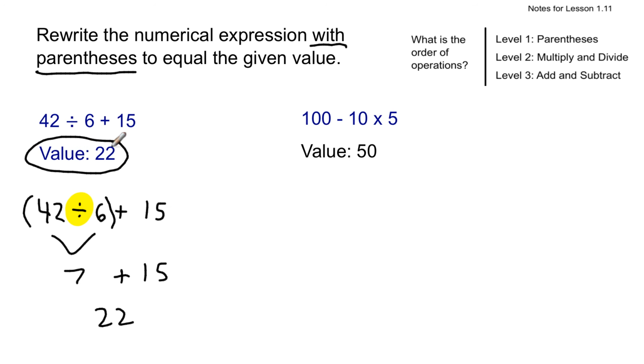So that when they say value, that's your target. You're trying to make this expression with parentheses equal 22. And in this case, it did it. So 42 divided by 6 is the part that gets the parentheses. Now, if you did